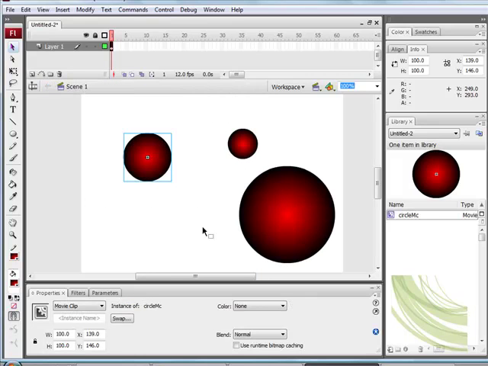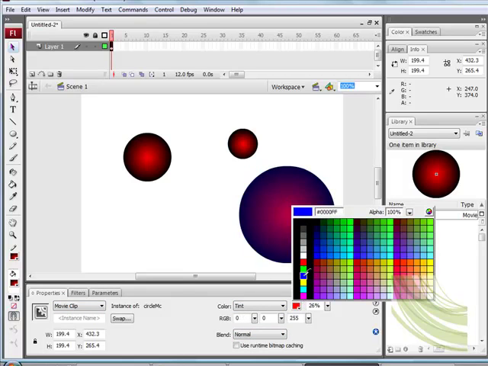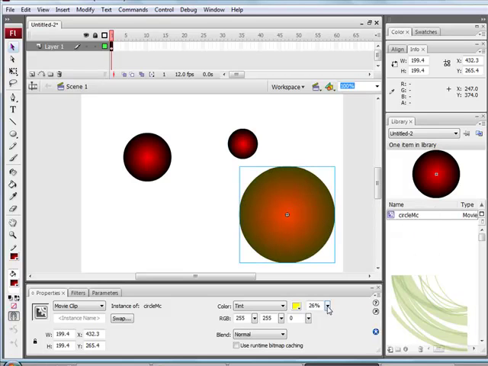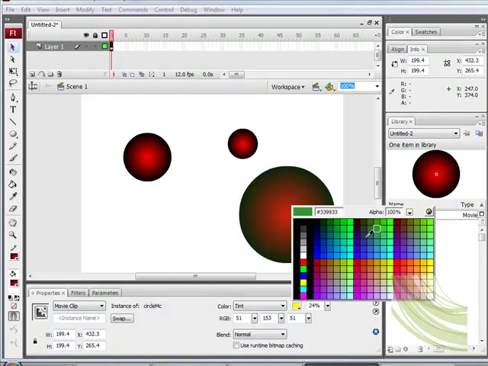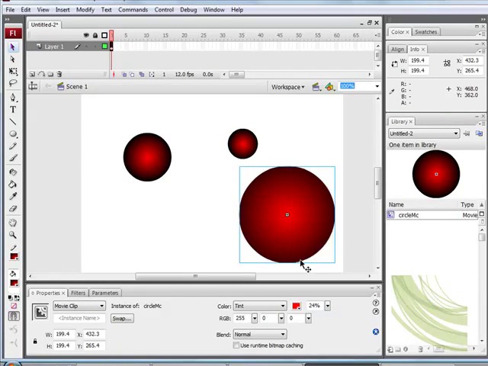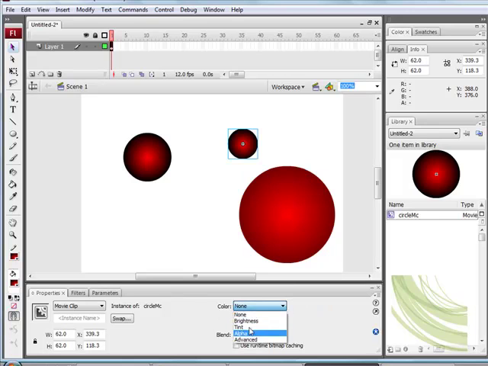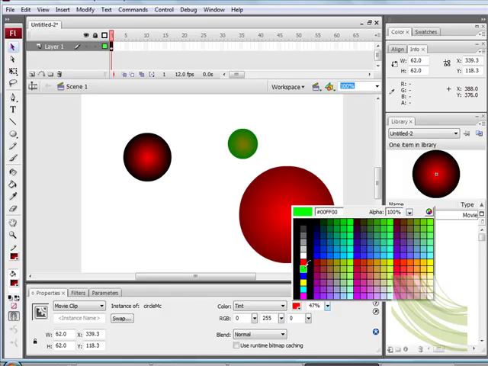and I'm going to select this, the larger one, and because it's a movie clip I'm going to tint the object. So I can tint, for example, yellow, and I can give that 100%, so it's now 100%. Or I can tint it another color, so you kind of get the idea. I'm just going to go ahead with the red, and I'll have a green one there,